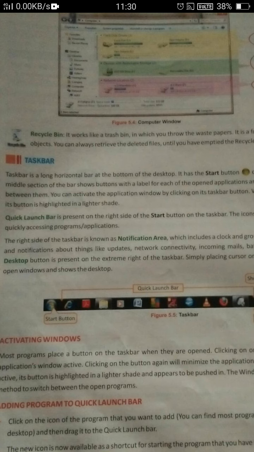What is the purpose of the taskbar? As I told you yesterday, Windows is a multitasking operating system, which means you can open more than one application at a time, and whatever applications you have opened, all those applications will be minimized at the taskbar.